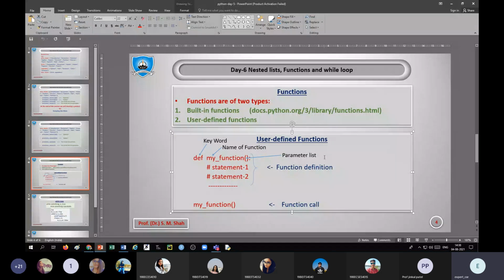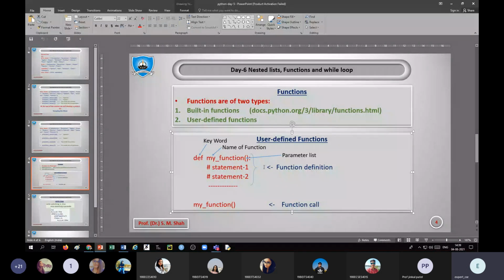With indentation, we will write statements for that particular function. I think we all are familiar with the function. A function is a set of code which we write for a small procedure, that can be used at several places and several times.